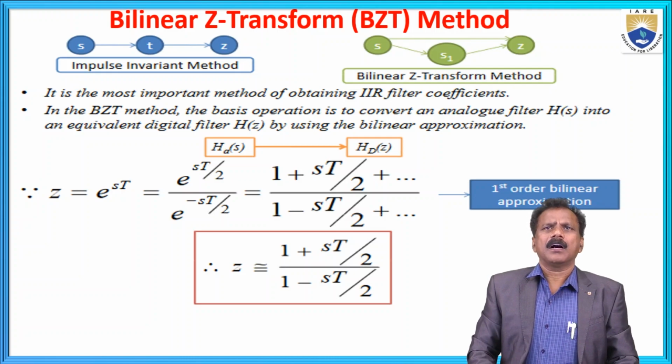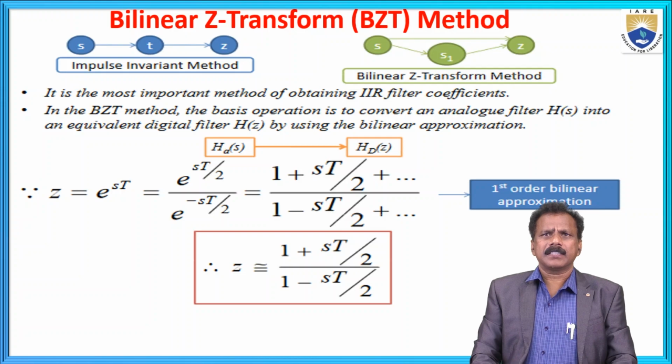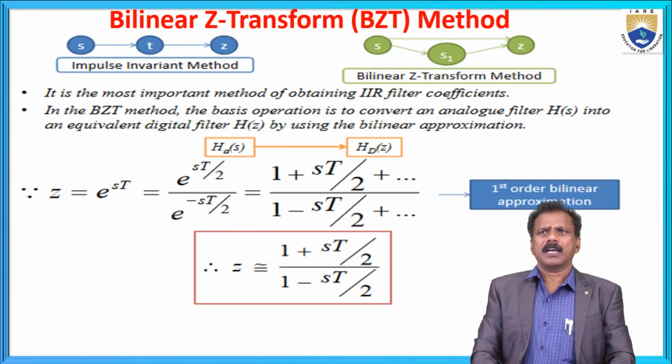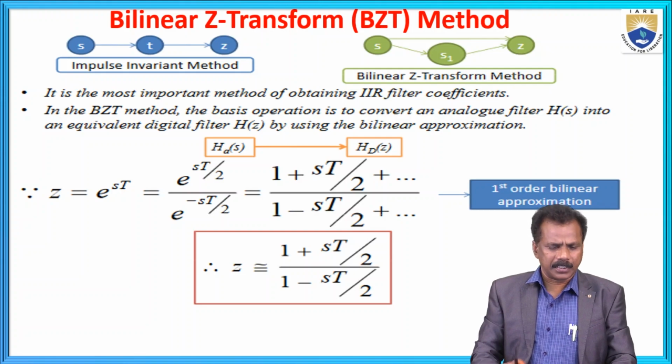The left side is the impulse invariant method. Here s and s1 z is the bilinear transformation method. It is the most important method of obtaining the IIR filter coefficients. In the bilinear transformation method, the basic operation is to convert an analog filter H of s into an equivalent digital filter H of z by using the bilinear approximation. That is H of